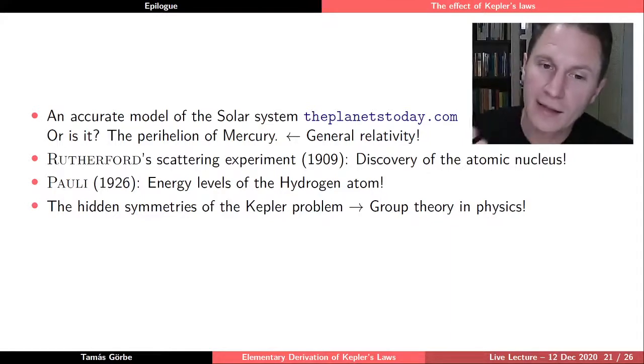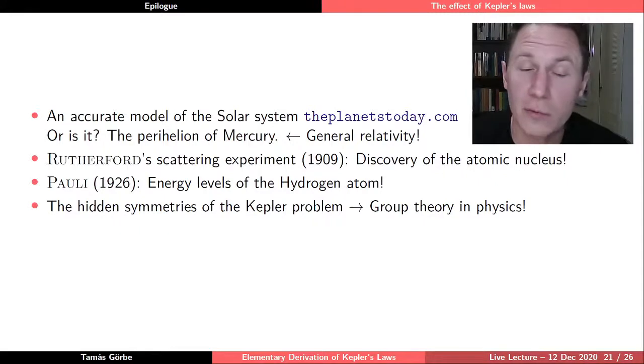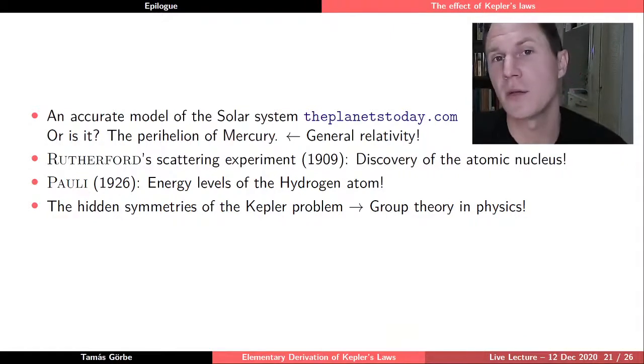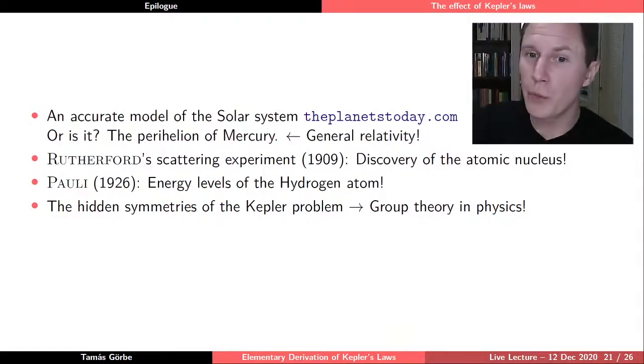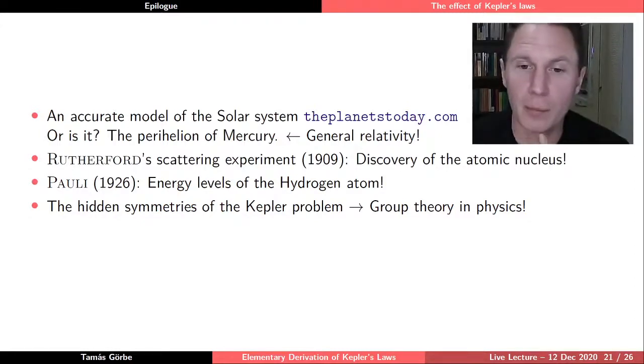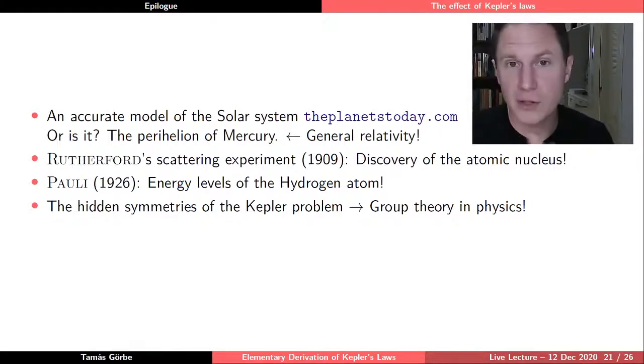And the fact that the Kepler problem has this many conservation laws hints at the fact that there are lots of hidden symmetries, and the study of symmetries in mathematics is called group theory. And this way, through the Kepler problem and the hydrogen atom, physicists started to use group theory in their work, and much of particle physics relies on these group theoretic ideas